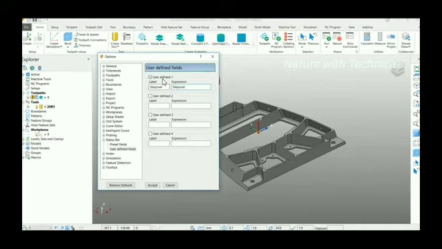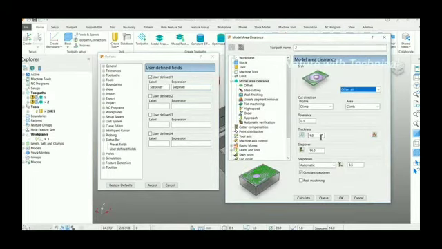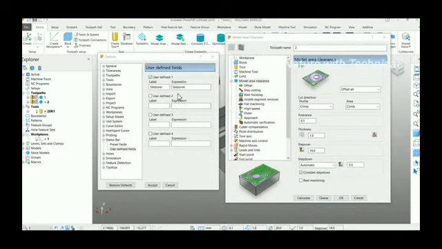So how to find the parameter name? Go to any of the toolpath forms. From here you can extract the parameters of a particular field. Right click over the step over field, go to Properties, and you can get the parameter name as here. So I have already given my step over parameter name here.